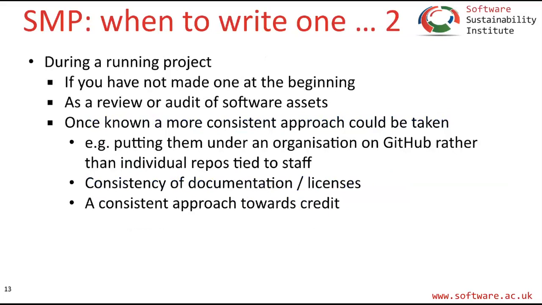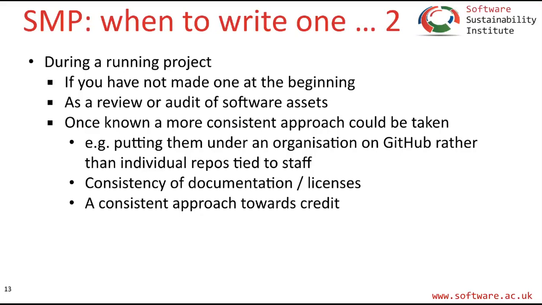The other idea of when to write one is, if you don't have one, you might want to write one during a running project. For example, if you've not made one at the beginning, it might be a useful way as a review or audit of software assets. Once you know which software assets you have, you could decide as a program of activity or project of activity to take a more consistent approach. For example, rather than different modules being in researchers' personal GitHub repositories, using a GitHub organization,